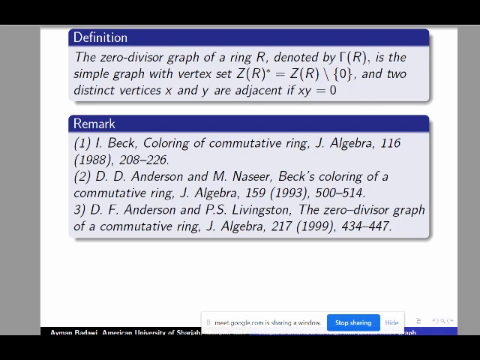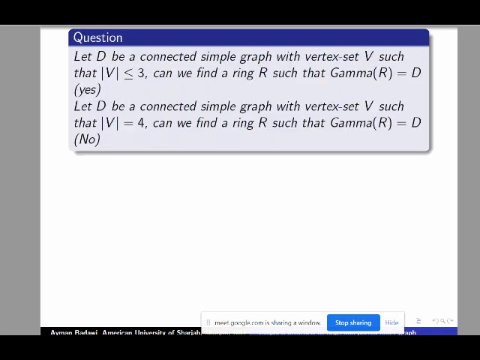Very good. So this is the definition of the zero divisor graph that I will be using in this talk. As you see, the vertices are the non-zero zero divisors of the ring, and two vertices are connected if and only if whenever you multiply them you get zero. Okay? And here's some question,